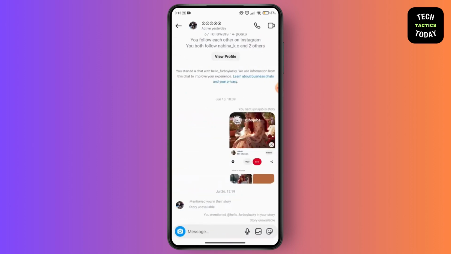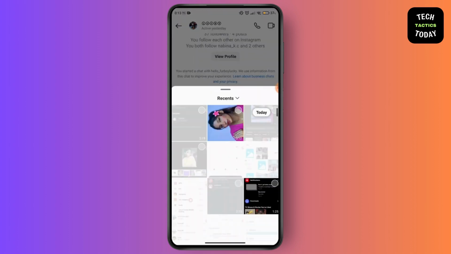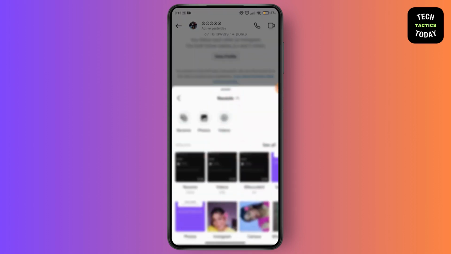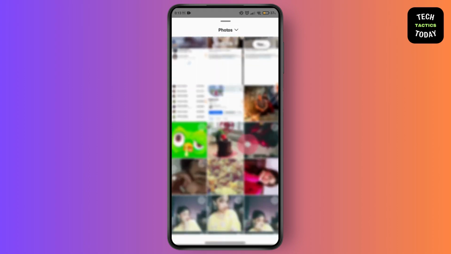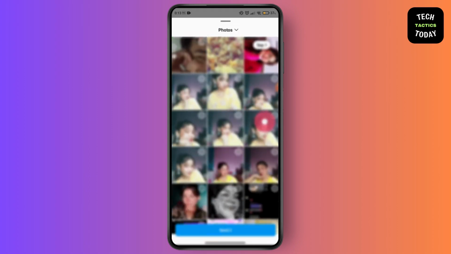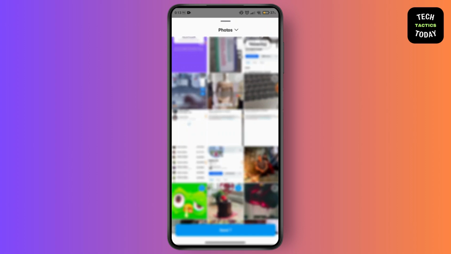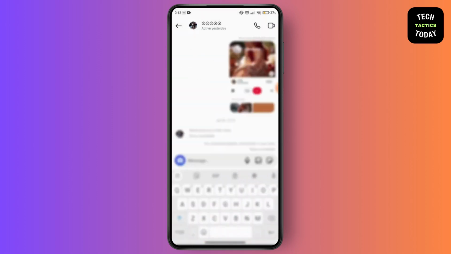Once you have selected the message, on the bottom you can see your gallery option. Just go for that, and you can select the photos here. And once you have selected the photos, you have to select the photos from your gallery here. So once you have selected the different photos from your gallery, you have to go for the send option here. So here you can see that you have selected the multiple photos and tap on the send icon, and